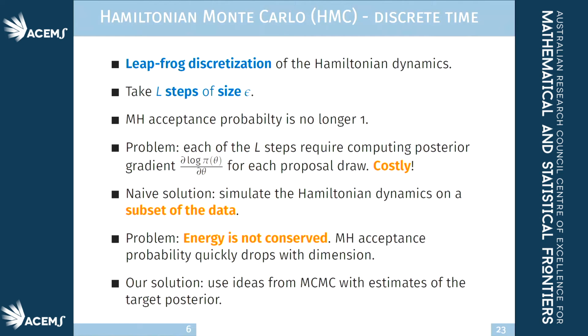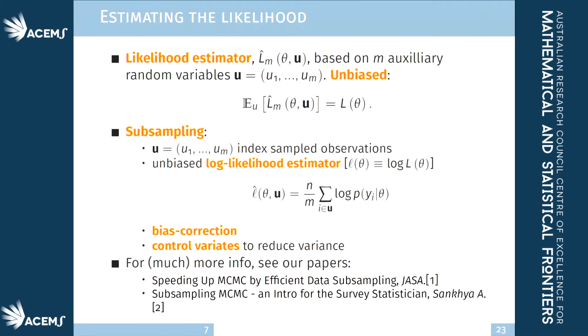So our solution, and I'll point you to the paper, was to use ideas from MCMC, and instead of getting the likelihood exactly, we subsampled the log likelihood. The log likelihood is a sum of terms, so we subsample that, and we get an unbiased estimate of the log likelihood. And in the approximate version, we corrected that to get an approximately unbiased